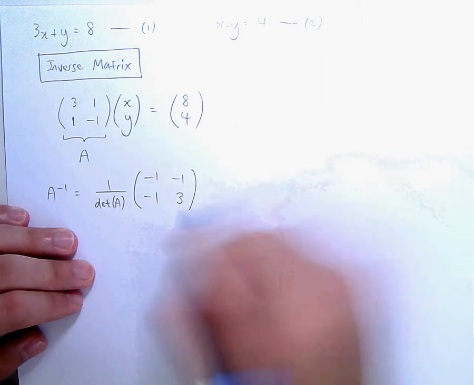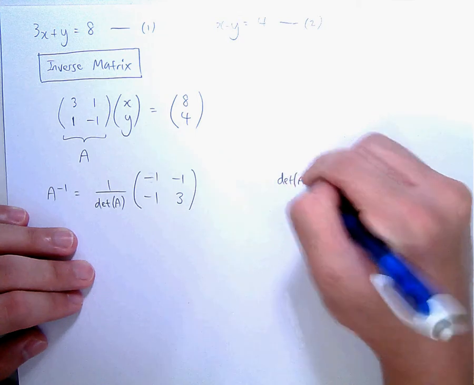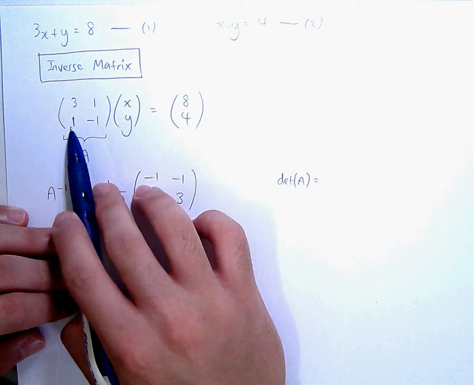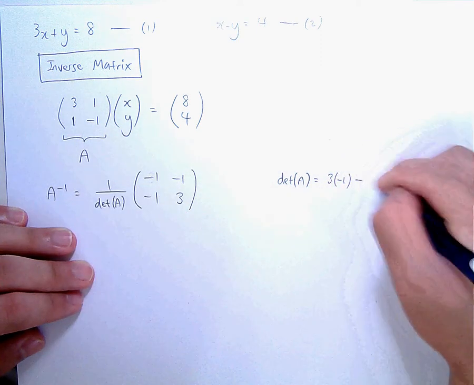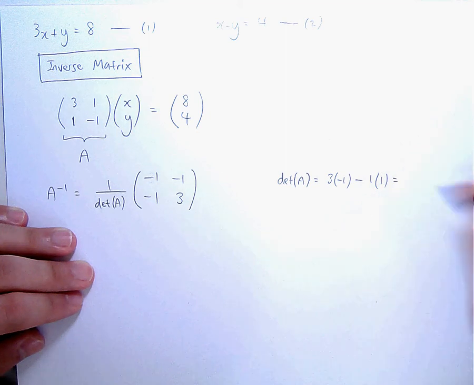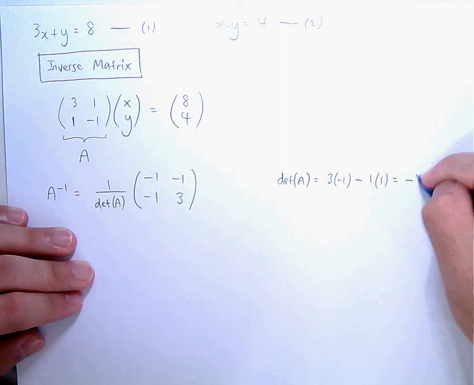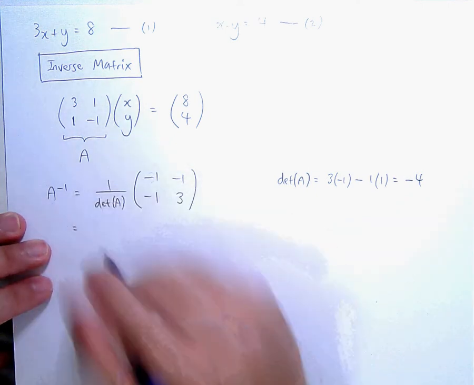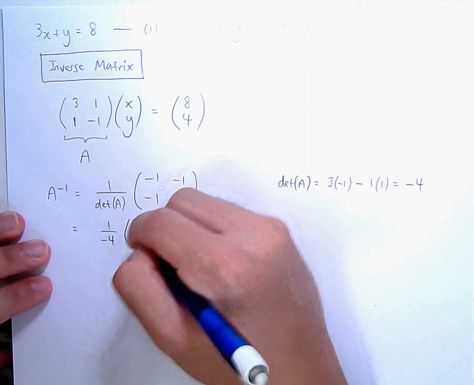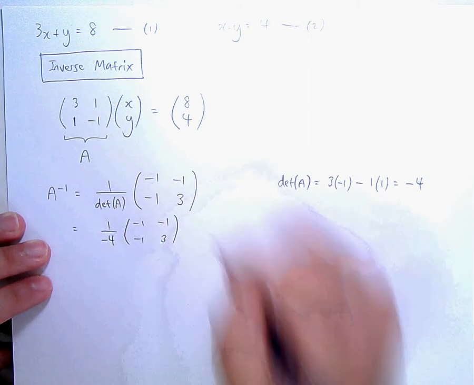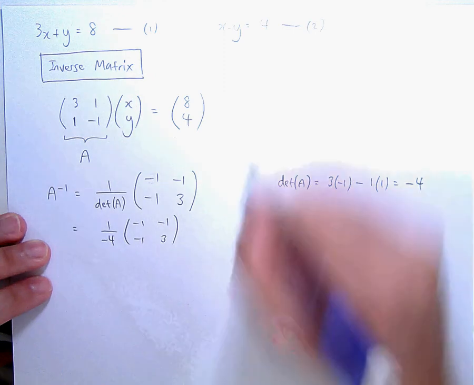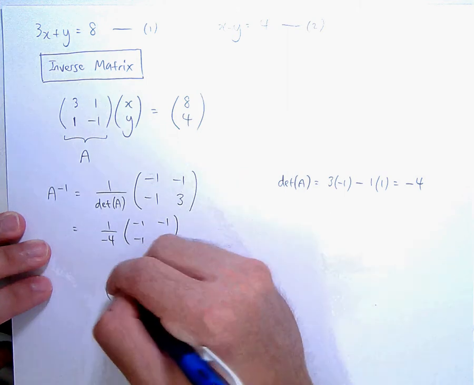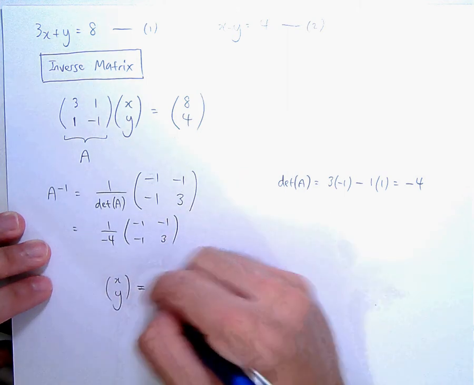On a side note, maybe we can calculate the determinant of A, which will be this times this minus this times this. So 3 times -1 minus 1 times 1. And this will give me a -4. So over here we can work out A inverse. And from this calculation, we can derive that x, y will be equivalent to A inverse